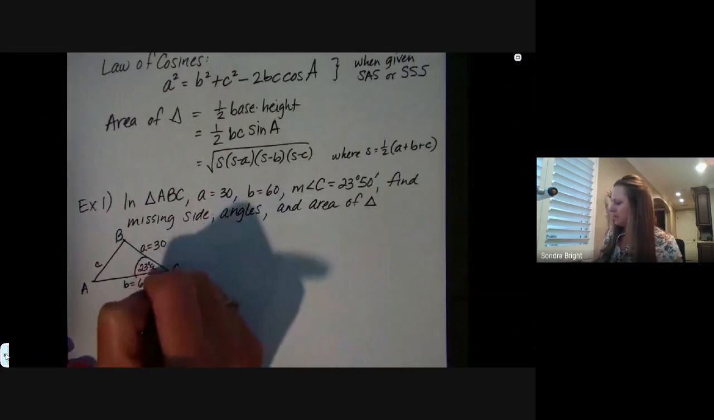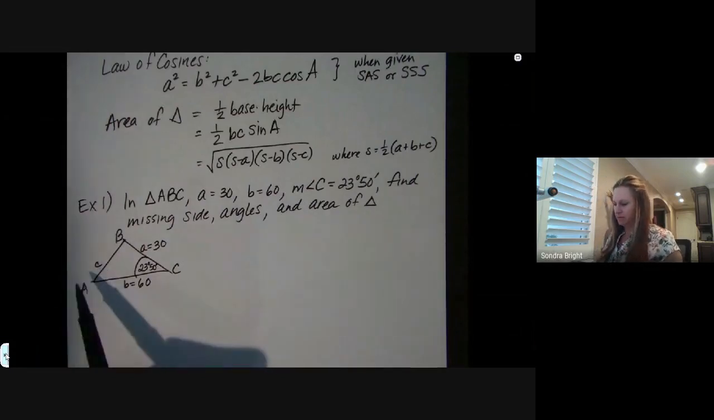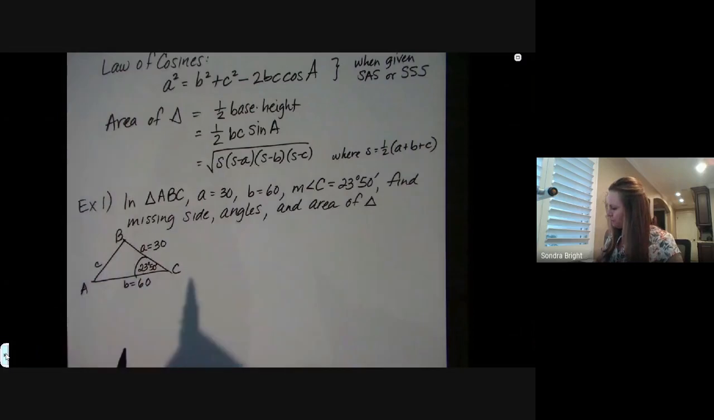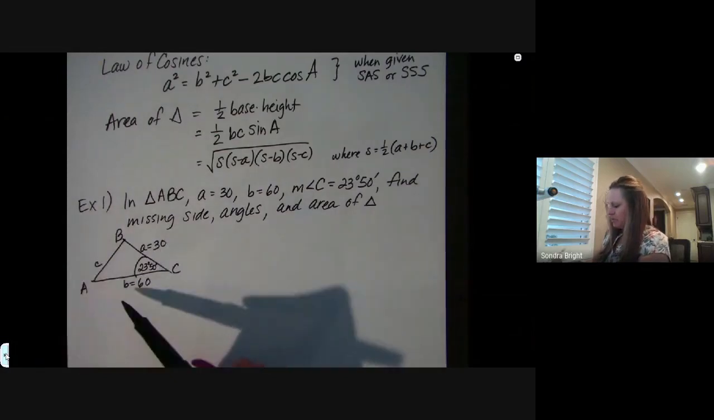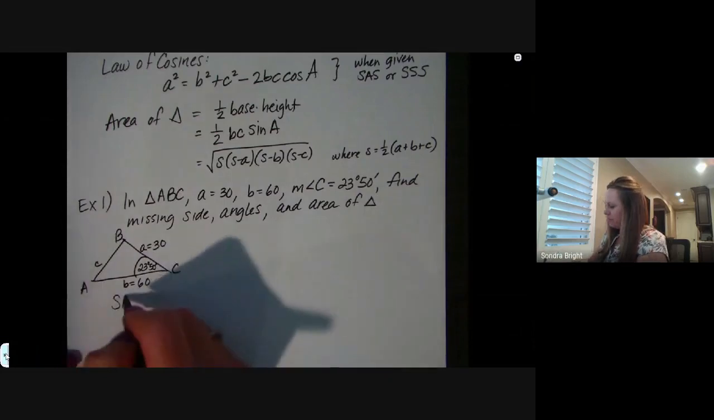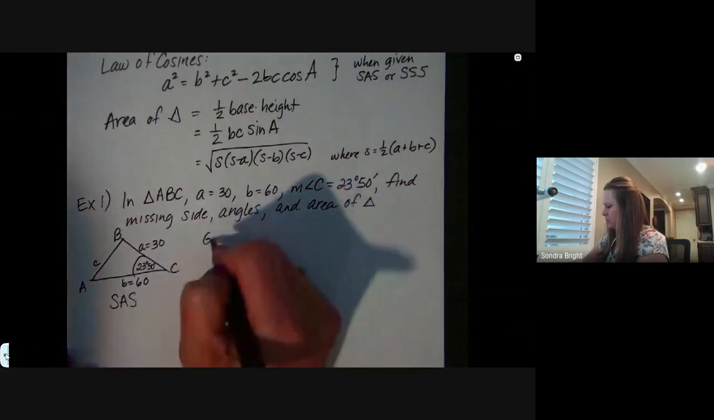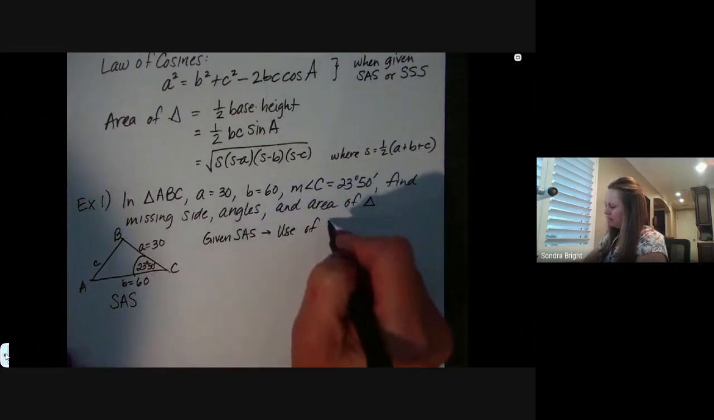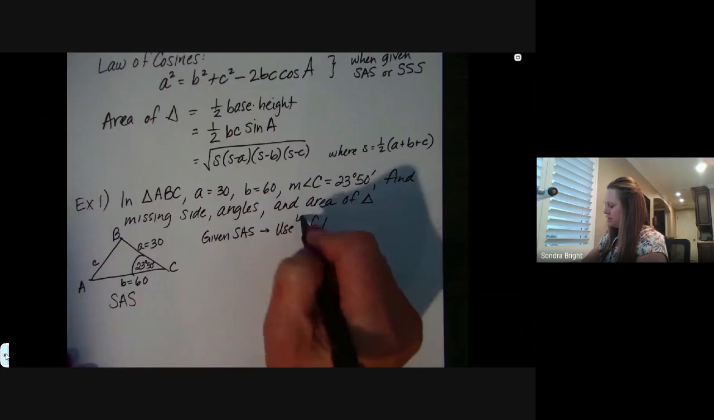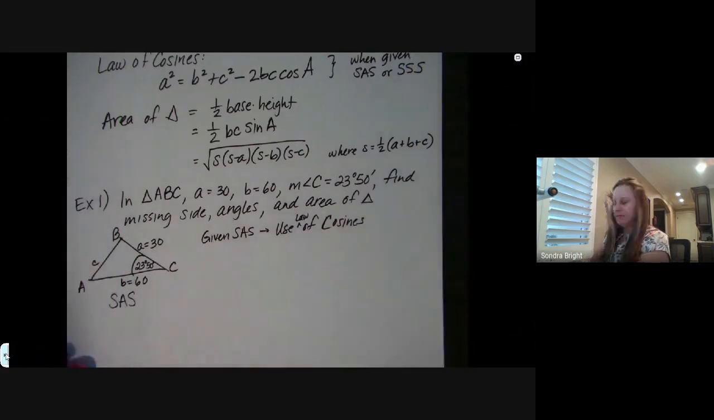And we need to find side C and the angles and all of that. All right, so to find side C, you were given a side angle side. That's a SAS triangle. And so if you're given SAS, you are going to use the law of cosines. And it's little c we're finding, so that means that my formula for